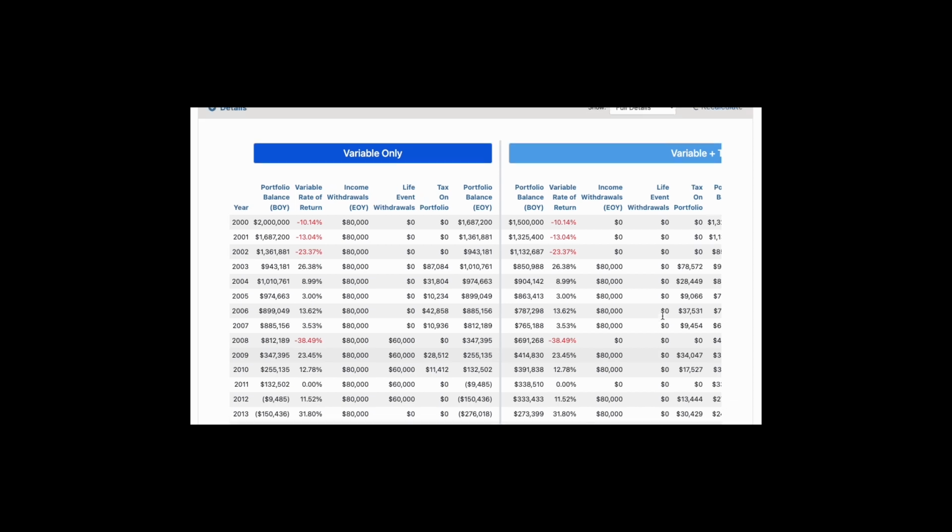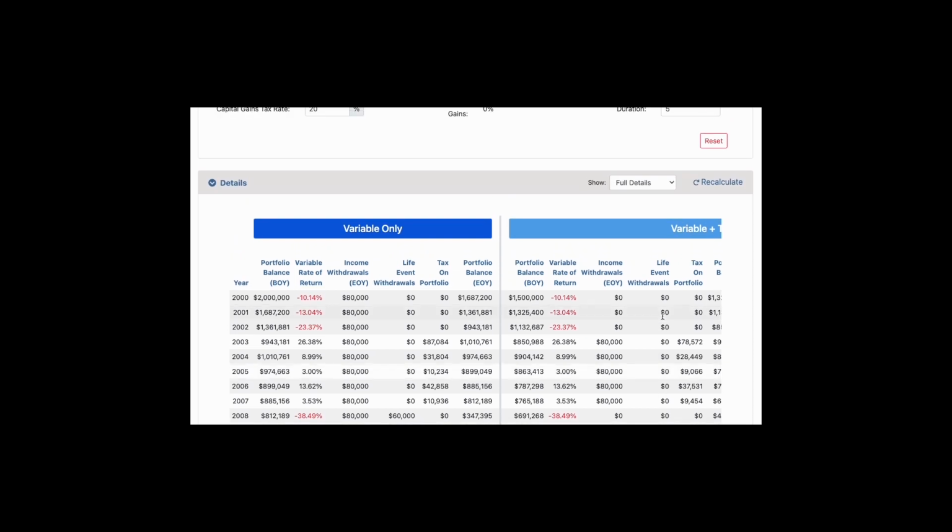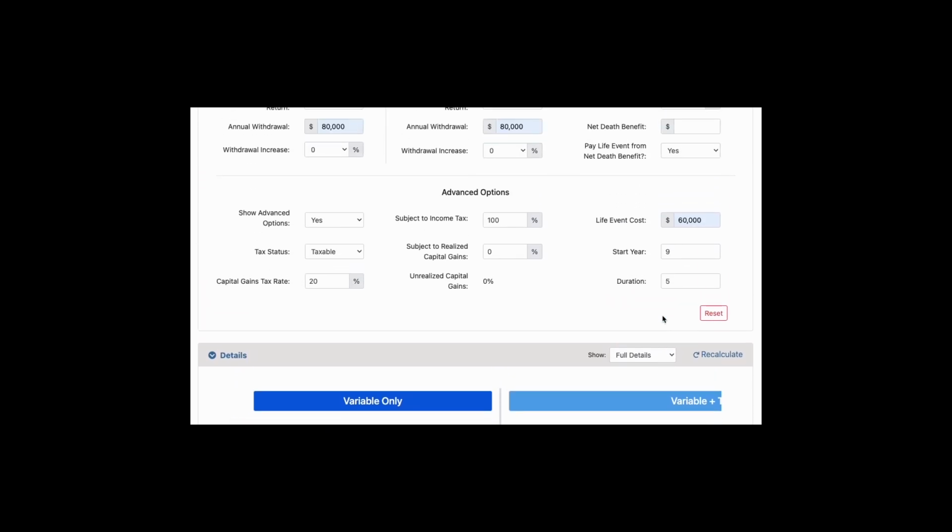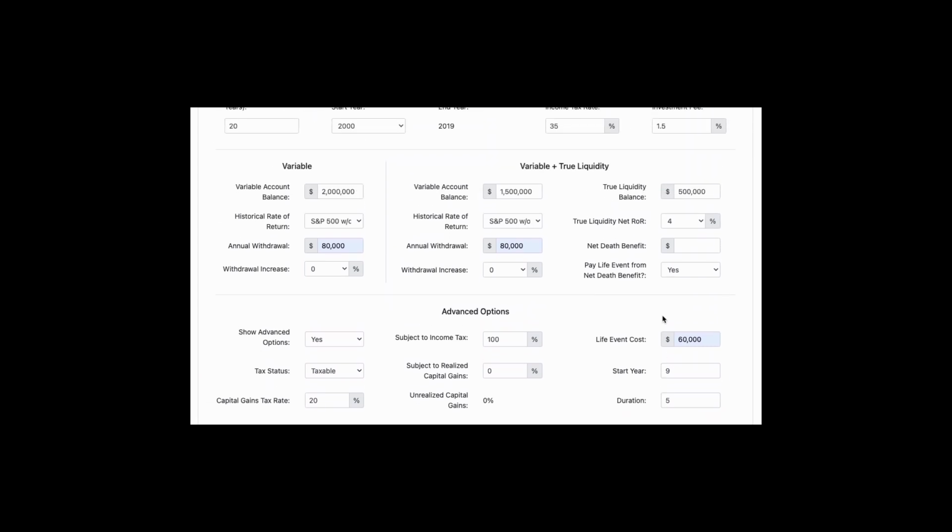But there's going to be a different type of fund, that is a whole life insurance policy. And let's say instead of that 1.5 million, we had $500,000 in this liquidity bucket, which gave a death benefit of $600,000. Let's see, and with that $600,000,